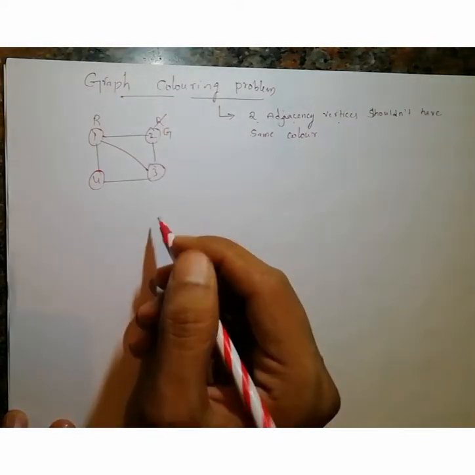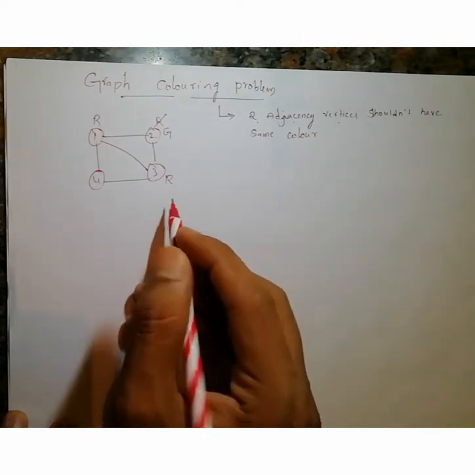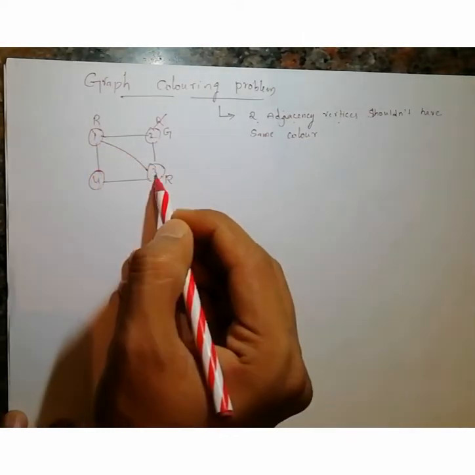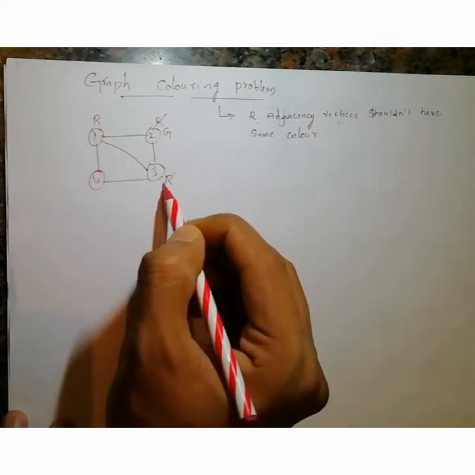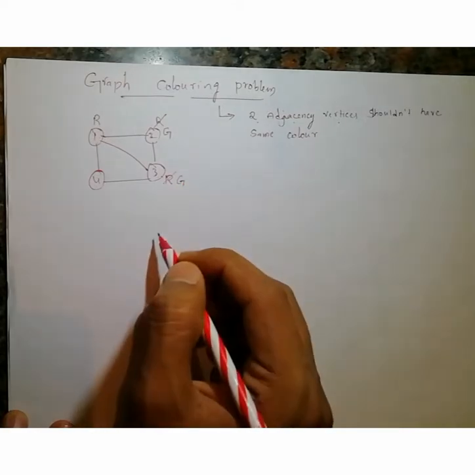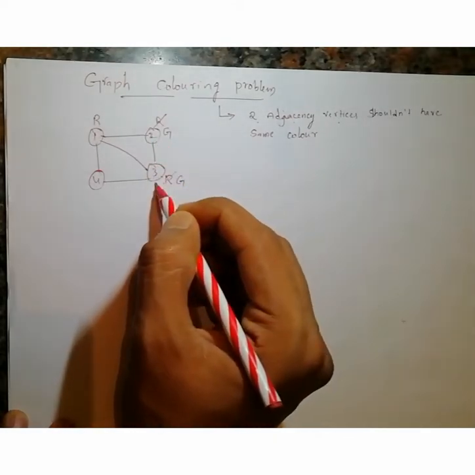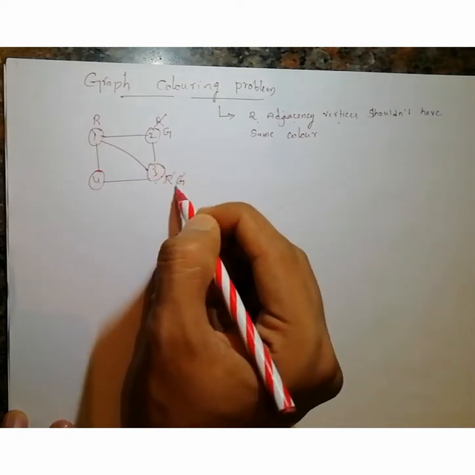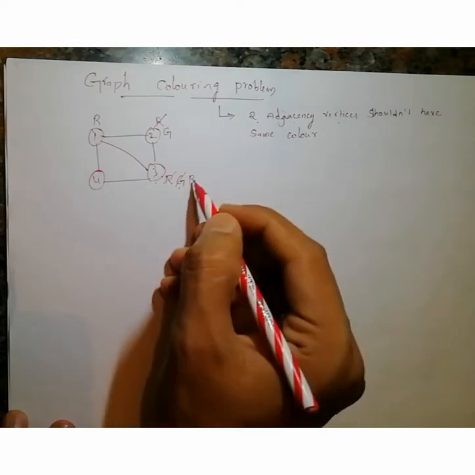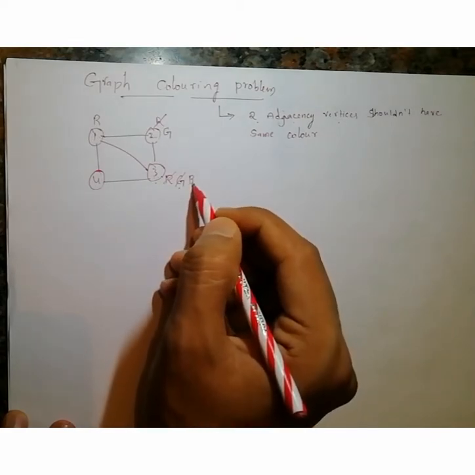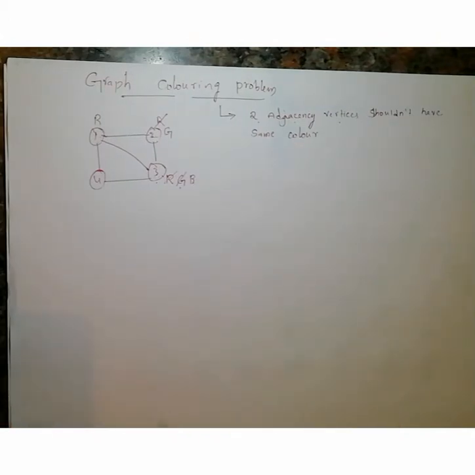So this is okay. Again, can I take red color here? No, I can't take it, because 1 and 3 are adjacent. So if 1 is red, I can't take 3 as red. Instead, can I take green? No. Again, 2 and 3 are adjacent vertices, so again with the same color I can't consider. So instead of green, other colors, for example I will consider blue. Blue is not the same color as any of the adjacent vertices, so I can consider blue now.